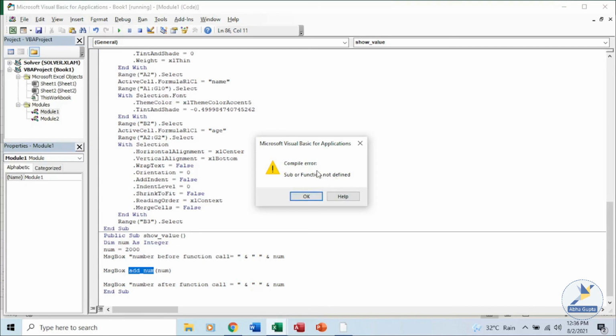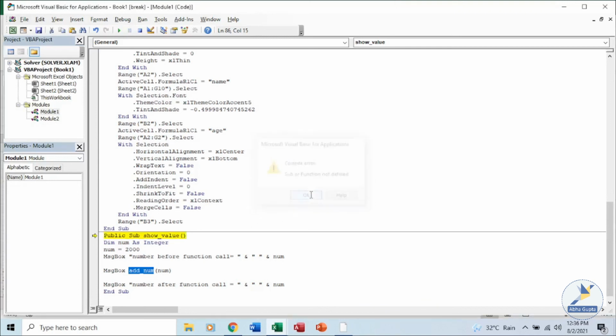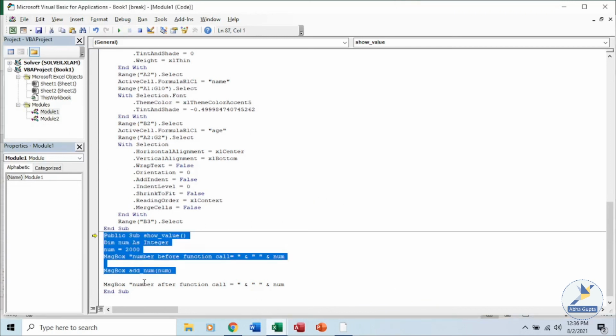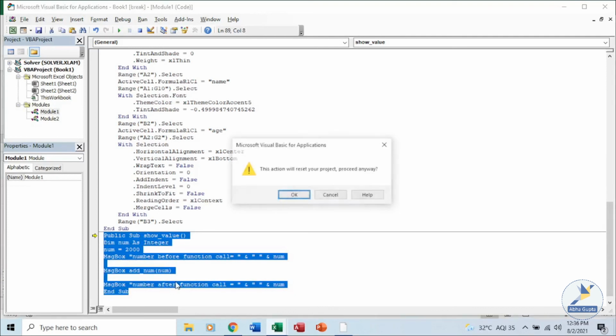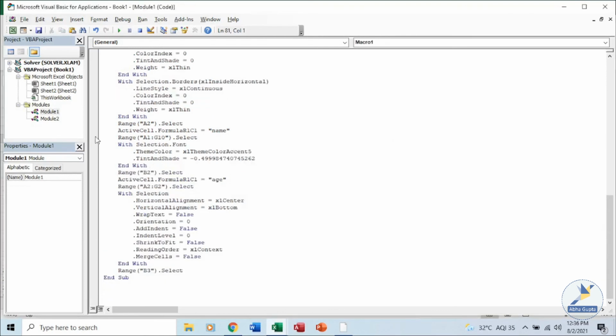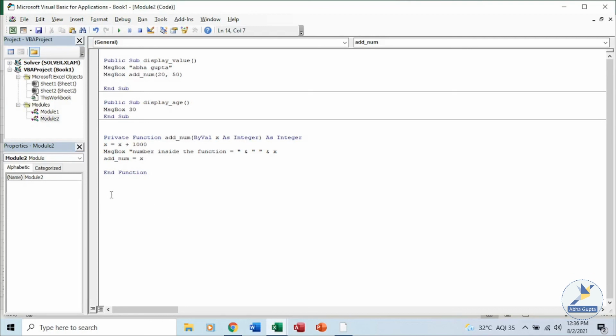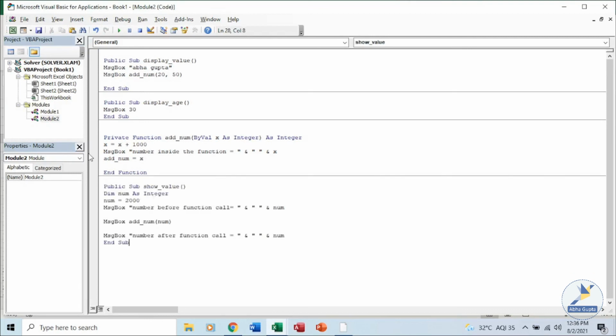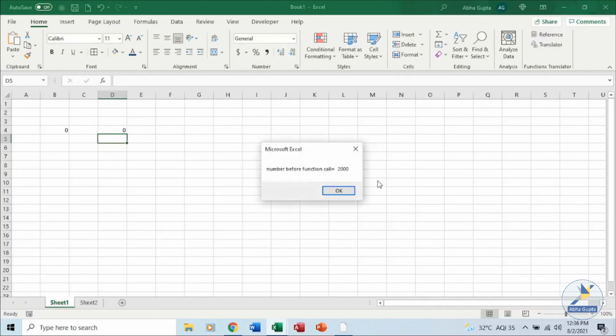Because it is private and it is available only in module 2. Then click on OK. Let's put it back to where it belongs, to this particular module, and make this public, and you can run. It will always run for you. It will not give you an error. You can see the changes over here.